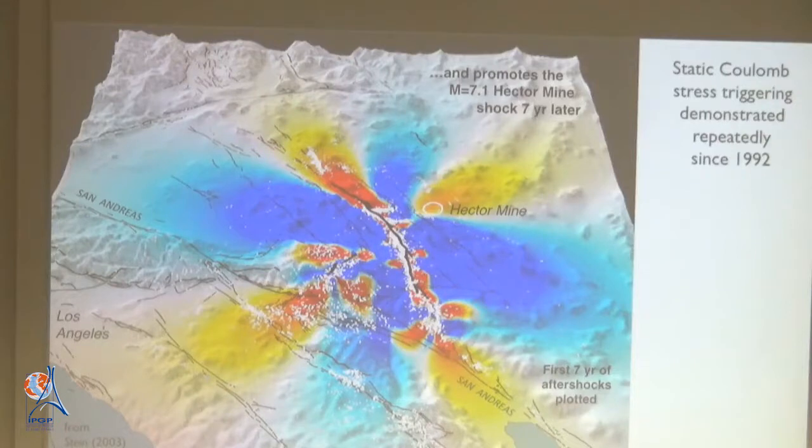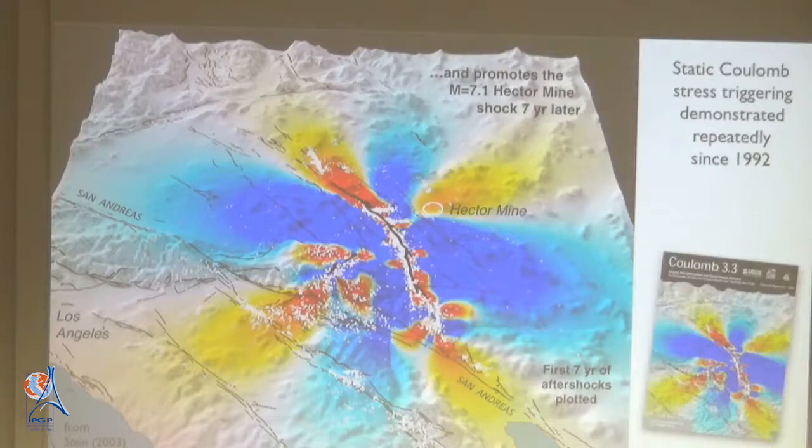Well, maybe, but more likely, what should happen in the stress shadows, the blue zones, is the rate of earthquakes drops. And in the red zone, the rate of earthquakes increases. And that is borne out now by 30,000 studies. And we have software called Coulomb where anybody can make these calculations that I'm showing here. And what these many studies have shown is that part of earthquake action can be explained in this way. Not all of it, but perhaps 2/3 of it.